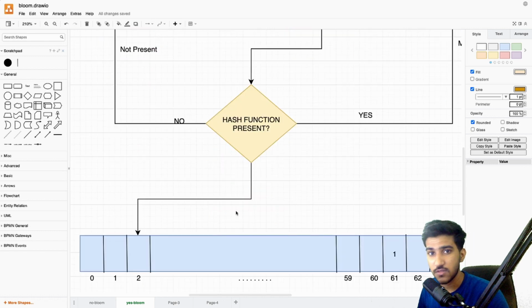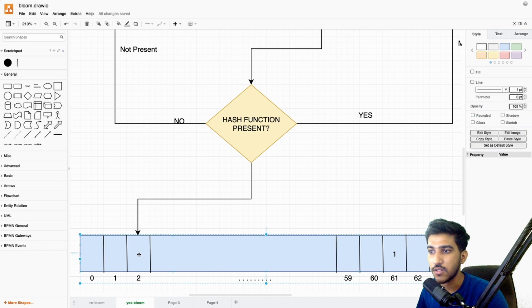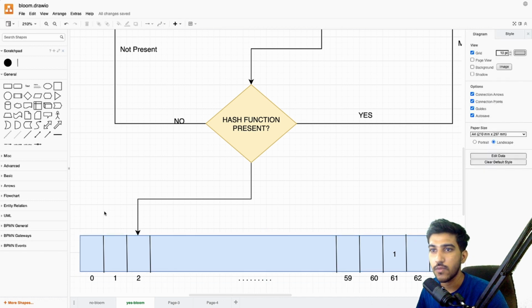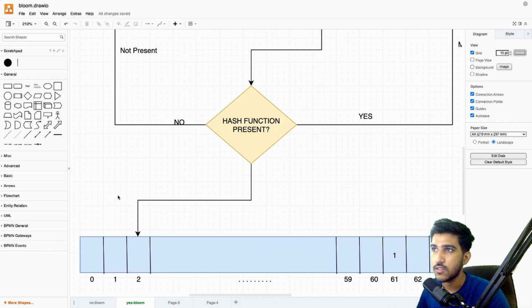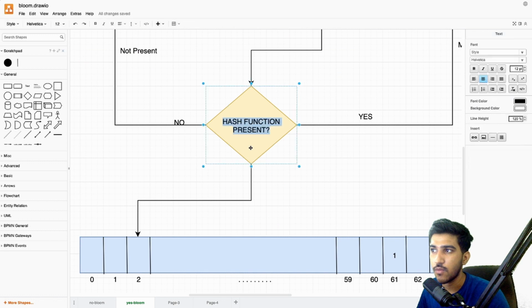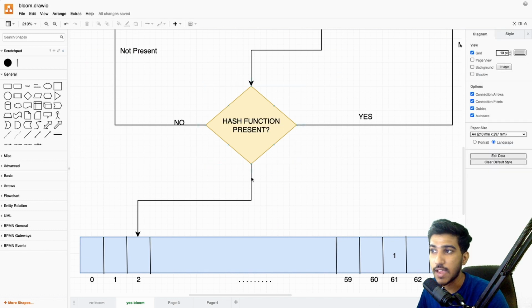So if it is 1, let's say instead of 0 it is 1, then there are two cases in that. The first case is that it can be John, right? Or else it might not be John, because with this hash function, any string can get the same index as some other string.